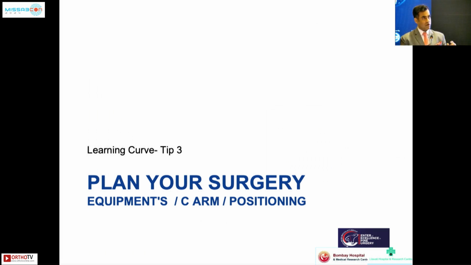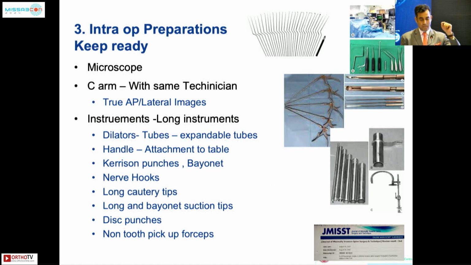Now, once you have noted the right indication, once you are equipped with the anatomy, once you have planned your surgery very well, you have to plan by having all the armamentarium that you're going to require intraoperatively. Believe me, despite being in practice for the last 17 years, at times I just get stuck for the need of a long cautery tip. If you don't have a long cautery tip to go through the tube, you are wasted there for an hour's time extra. And these preparations can easily be done before the surgery.